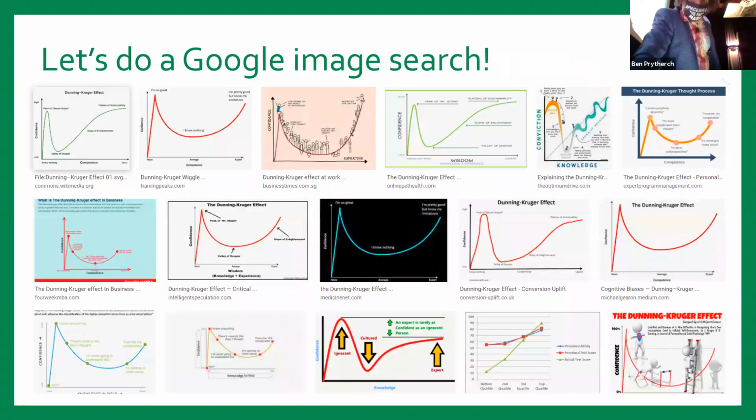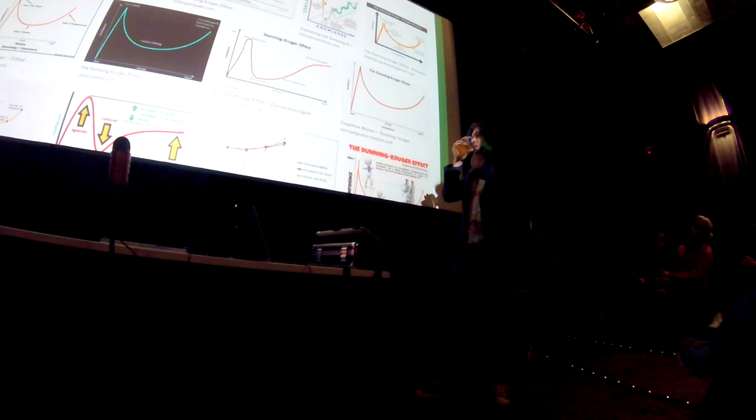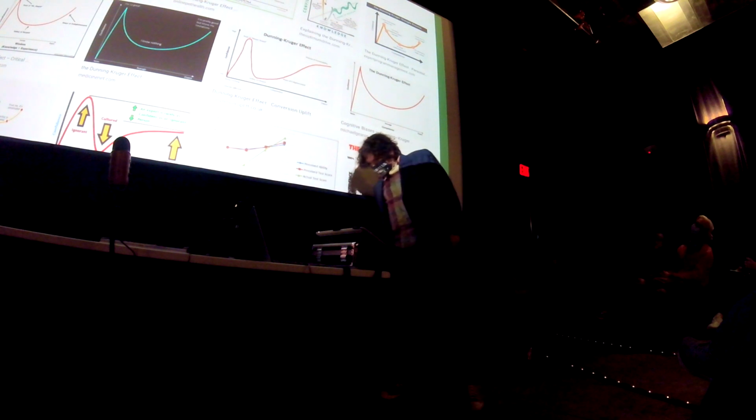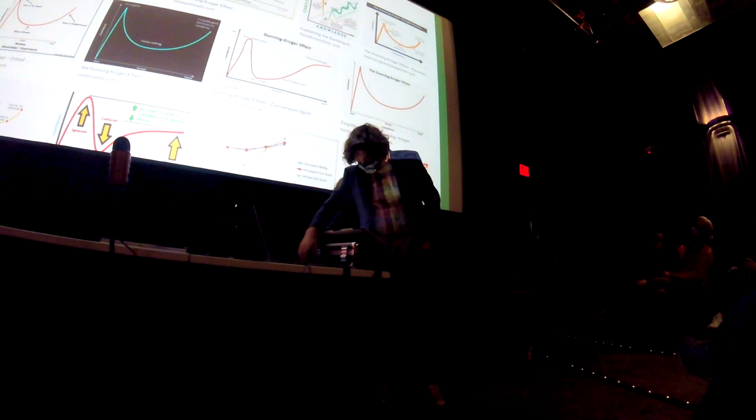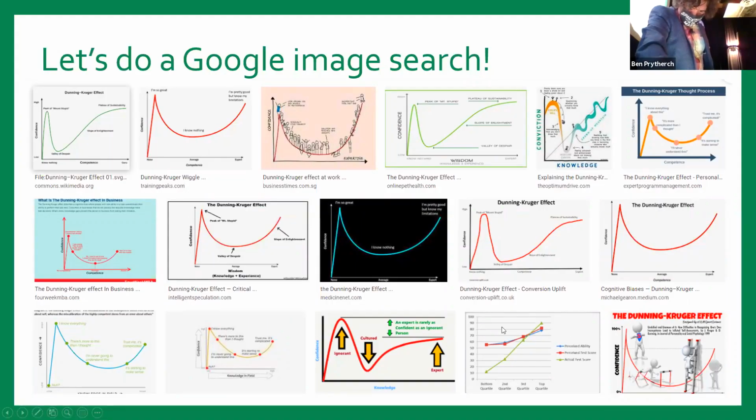Okay, so let's do something fun now. Let's go to Google image search and just type in "Dunning-Kruger effect." You can do this yourself. Here's a screenshot. Let's see if my mouse shows up over here. Okay, this one down here, right there, you see that one? That's the one from the paper. The rest of these don't really look anything at all like what was in the original paper or any subsequent papers